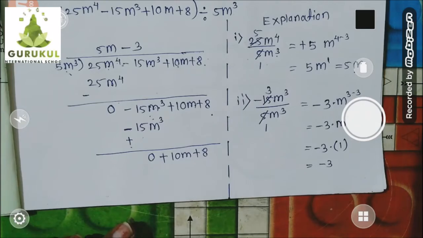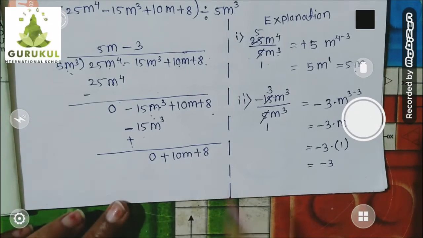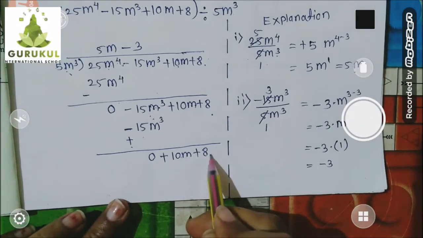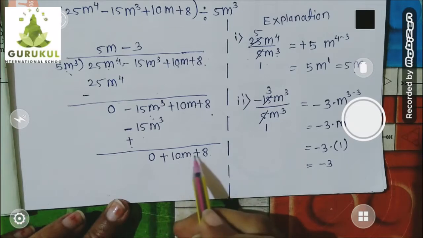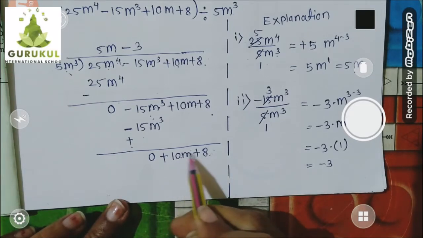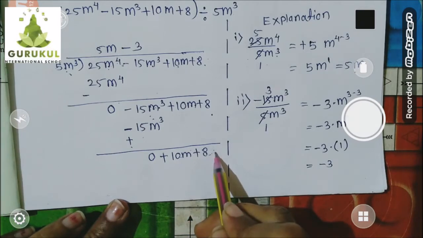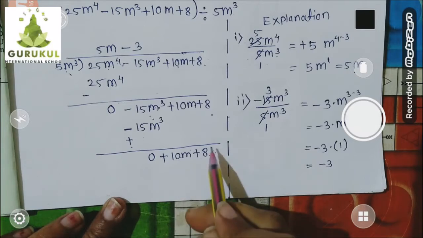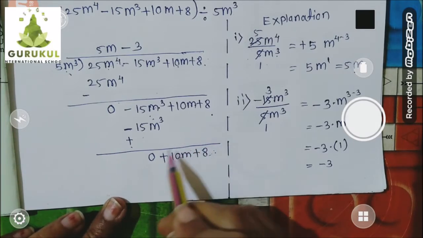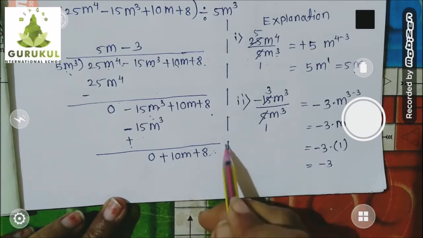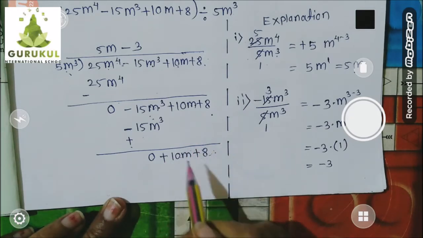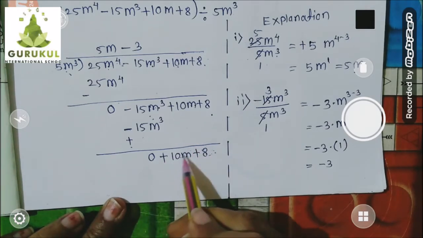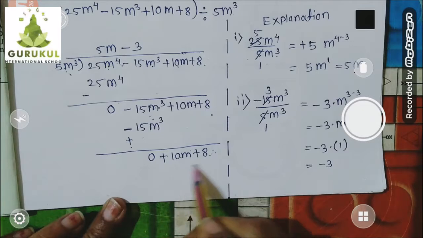Now go for the third step. Children, again, are they arranged in descending order of power? Yes. This is m raised to 1, this is m raised to 0. So 1 and 0 means they are already arranged in descending order of power. Second, can I continue the division? Let's check it. What is the degree of this full polynomial? Degree of the polynomial means the highest power of the polynomial. Here m raised to 0 was there, here m raised to 1 was there. So the highest power is 1.